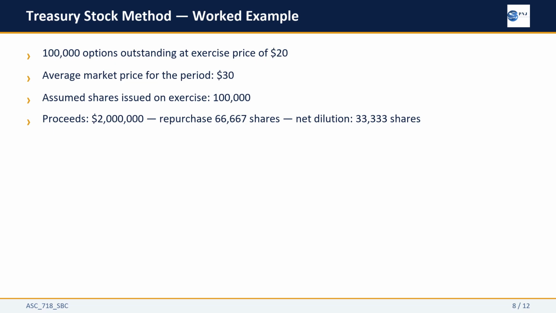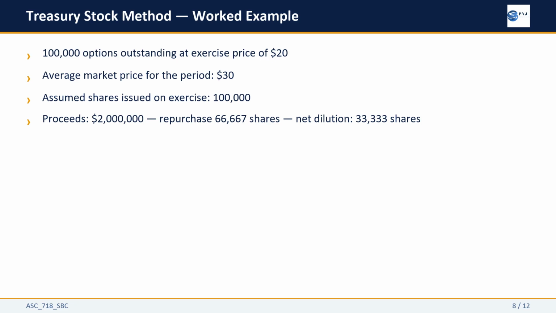A company has 100,000 options outstanding with an exercise price of $20. The average market price for the period is $30. Under the treasury stock method, assume all 100,000 options are exercised, generating proceeds of 100,000 times $20, which is $2 million. Now assume those $2 million in proceeds are used to repurchase shares at the average price of $30. That buys back